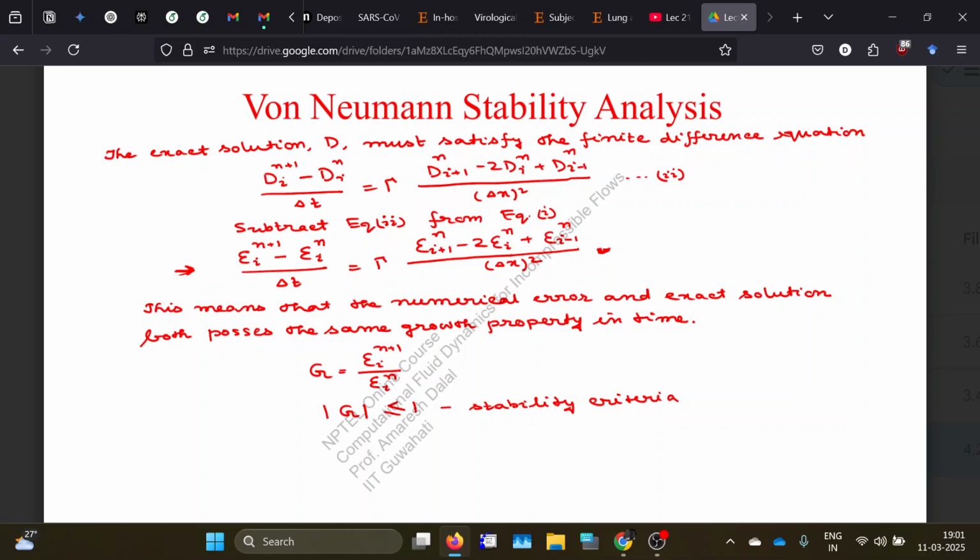I'm writing a1 sine k1 plus a2 sine k2. So this one now will be a1 at t plus delta t, sine x, plus a2 at t plus delta t. This will be a long equation, but anyway,